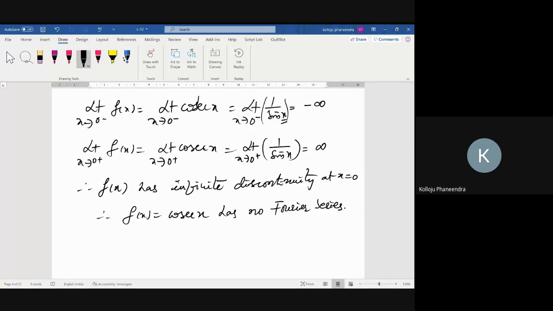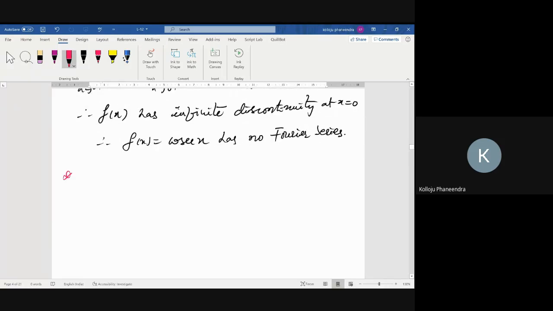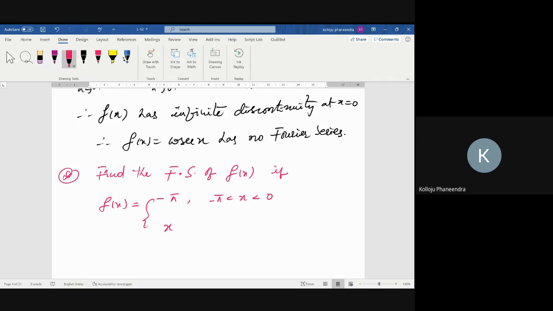Take this: find the Fourier series of f(x) if f(x) is equal to minus pi in the interval minus pi less than x less than 0, and x in the interval 0 less than x less than pi, and deduce that